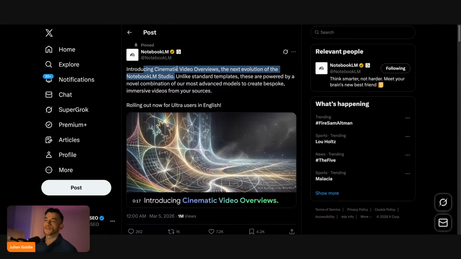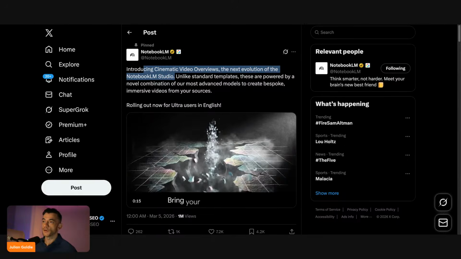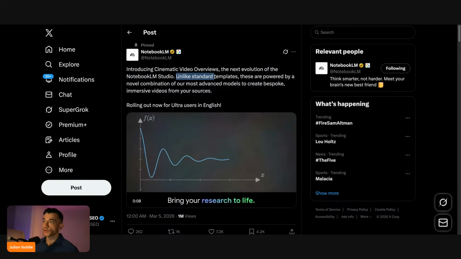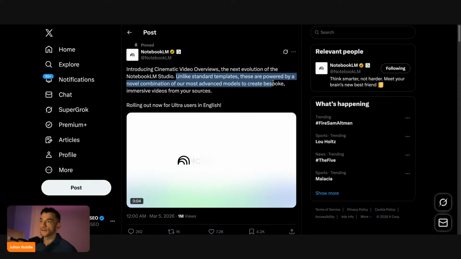Now, previously, they were kind of like animated videos that looked pretty cool, but now you can actually generate something way better using these cinematic videos. Unlike standard templates, these are powered by a novel combination of the most advanced models to create bespoke immersive videos